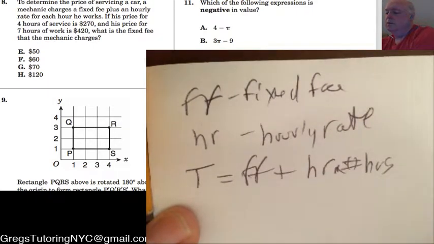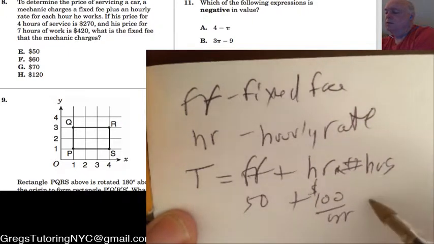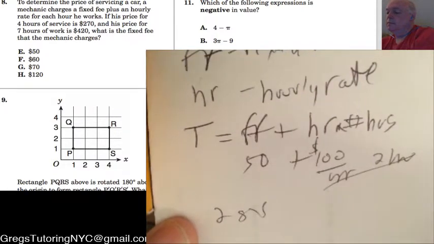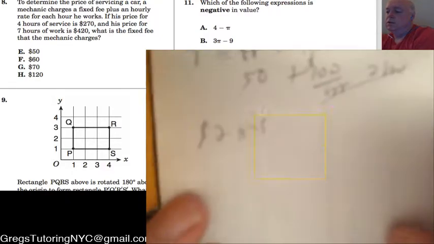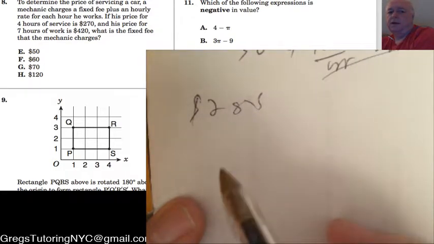right? So if his fixed fee was, say, $50 and his hourly rate was $100 an hour, and you worked 2 hours, right? You get 200, so you would get 250 here. All right? That would be what the mechanic would charge you. So we need to come up with the 2 number sentences that map into what they're talking about here. So